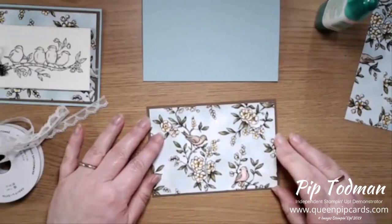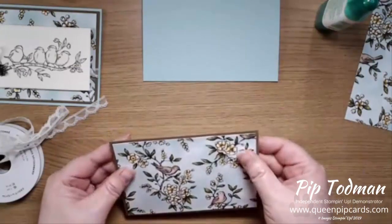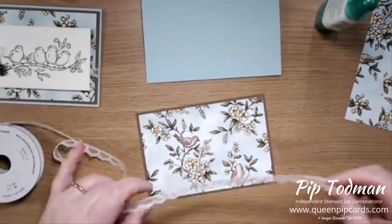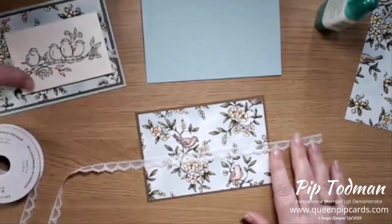Okay, so we're going to pop that in there. Now, you can wrap this all the way around the card if you wanted to on the inside, but I know quite a lot of my customers don't like ribbon showing on the inside. They've got to think about it. So the way to stop that, but still have this...